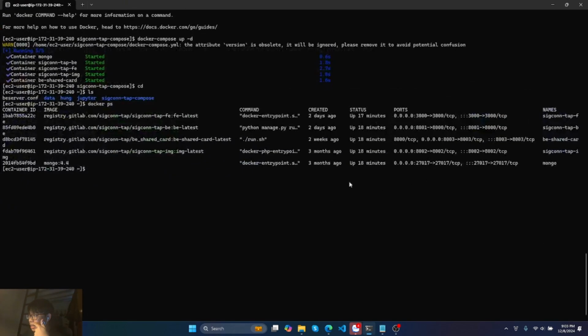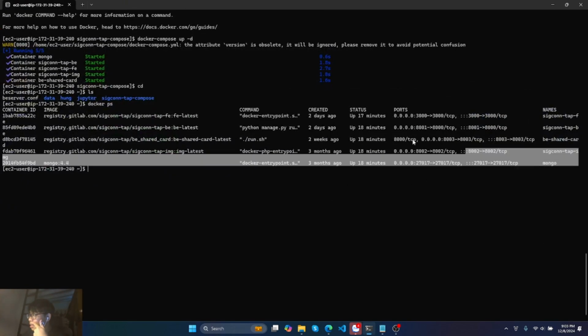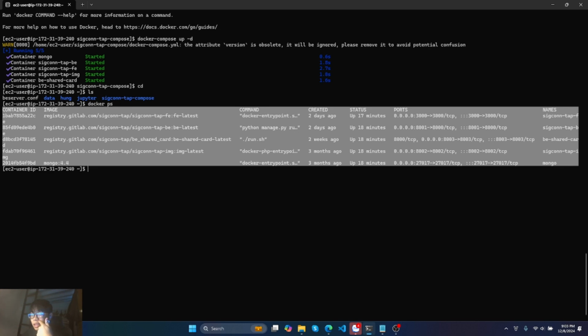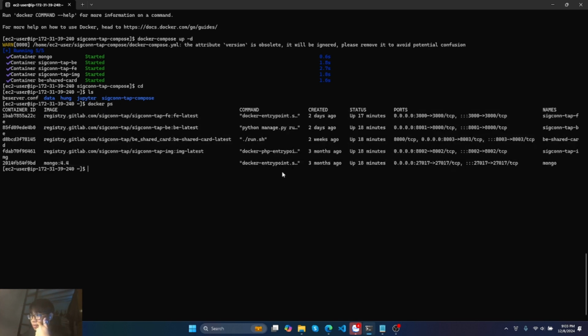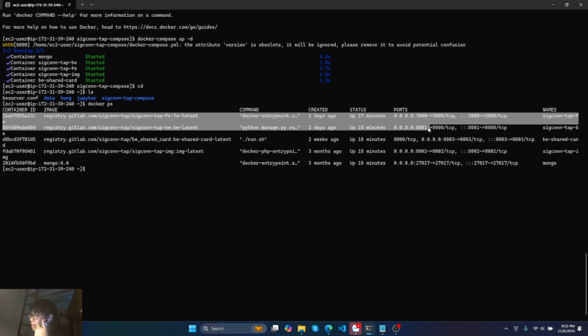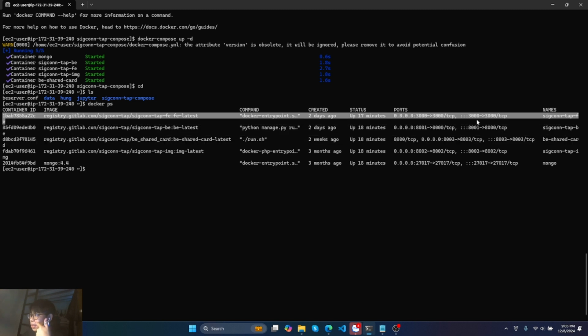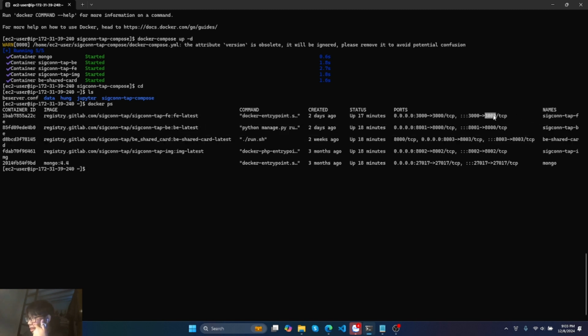We can see the Docker containers are running, and as you see, the front end container is running on port 3000, but we want to run it on port 80. So the next part